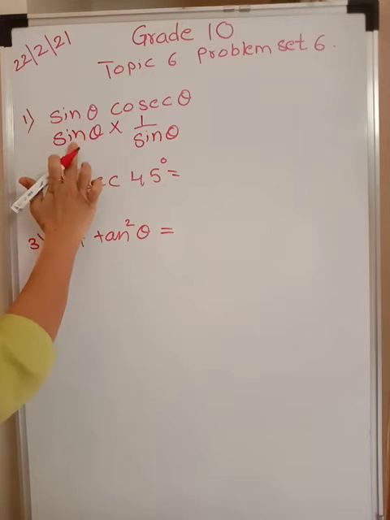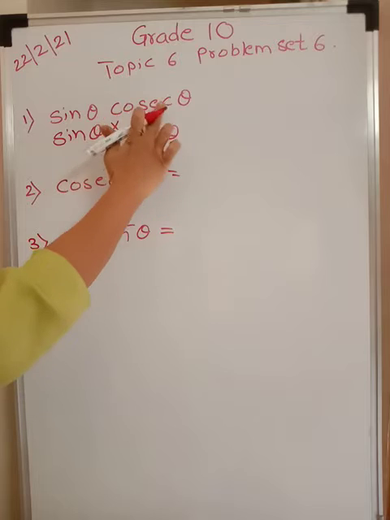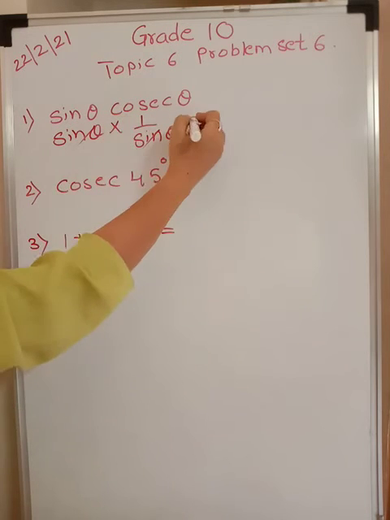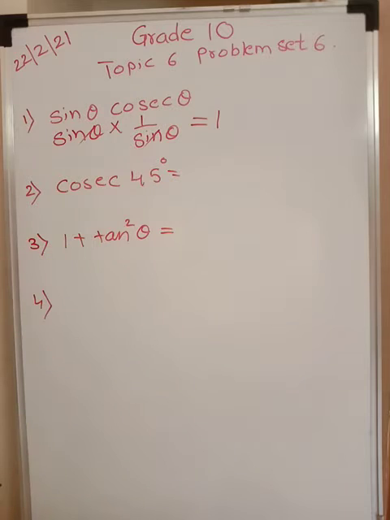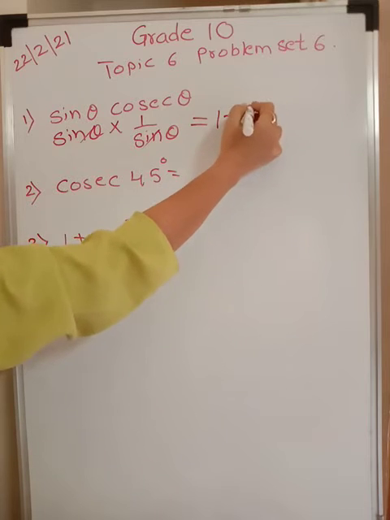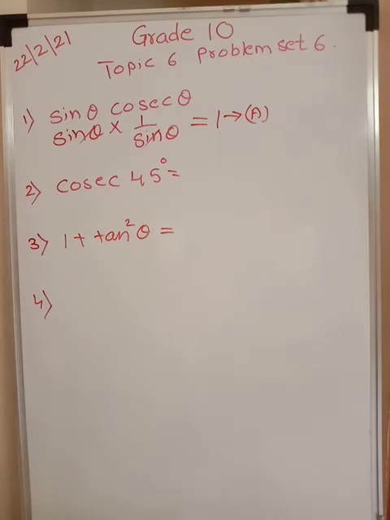Sine theta I have written as it is into cosec theta is 1 upon sine. So sine theta gets cancelled and your answer is 1. So your correct option should be A. Okay, A is your answer, because first A is given as the option 1. Alright, in the exam you are supposed to be writing the alphabet.